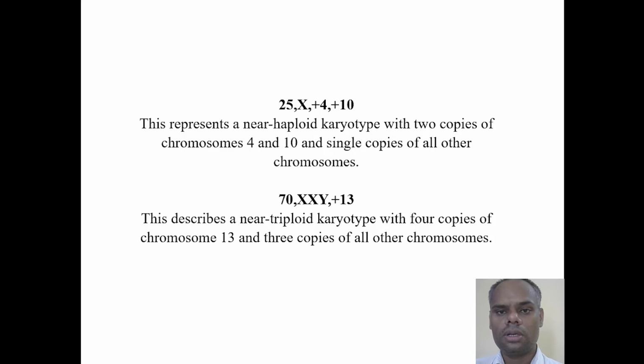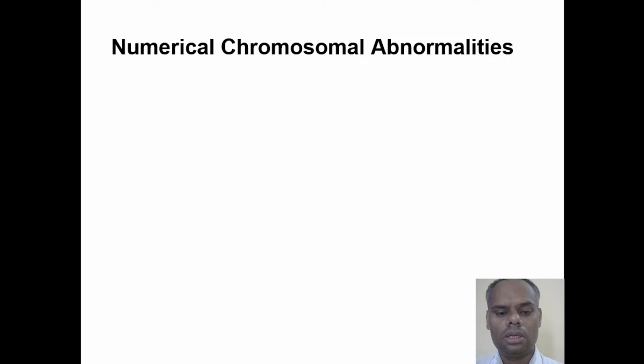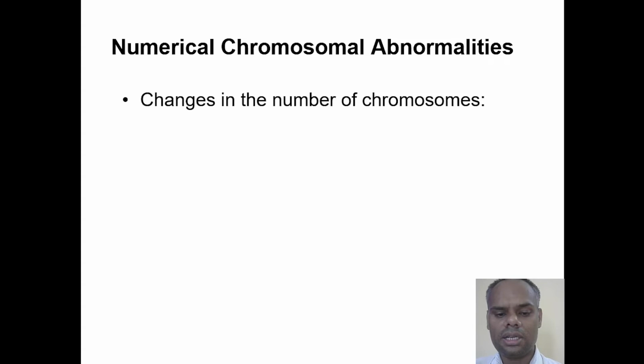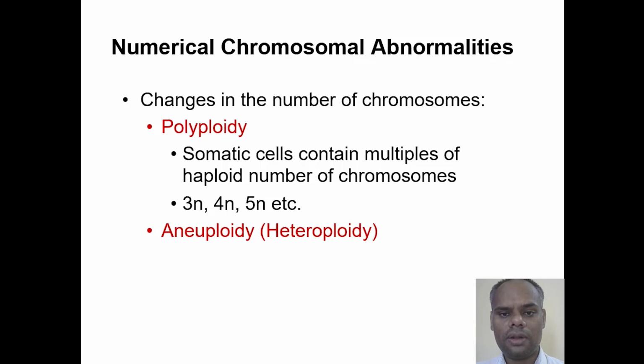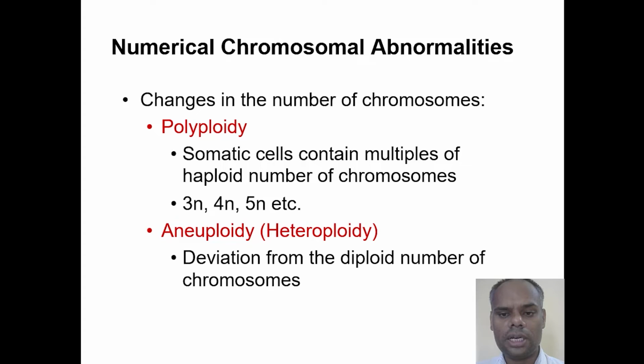of other chromosomes. In numerical chromosomal abnormalities, there are changes in the number of chromosomes which can either be polyploidy or heteroploidy. Polyploidy happens when somatic cells contain multiples of the haploid number of chromosomes like 3n, 4n, 5n, etc. Whereas aneuploidy, also known as heteroploidy, are the deviations from the diploid number of chromosomes like 2n plus 1, 2n